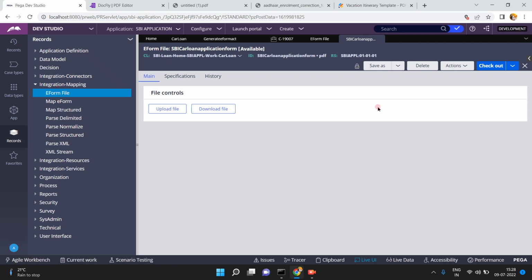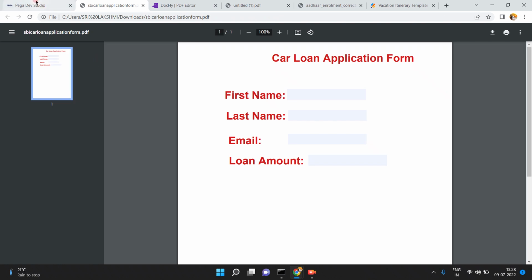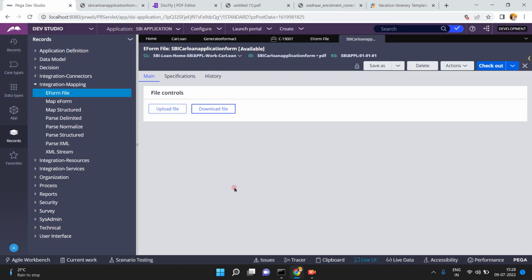Now my eForm file is ready. If you want, just click on download. This one is the SBI application form PDF. Okay, you can do nice alignments, etc. Now my next is